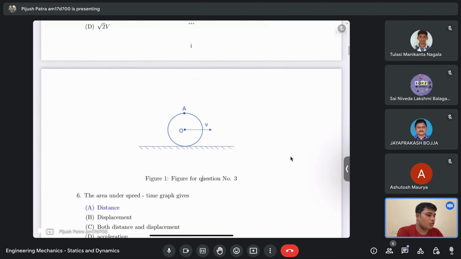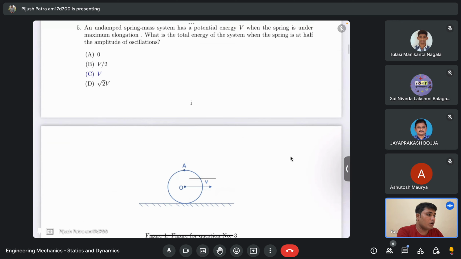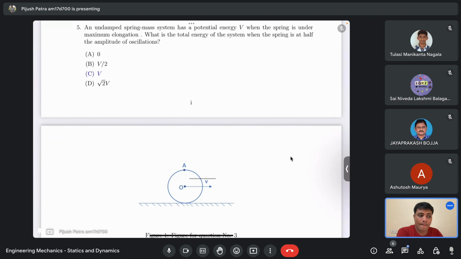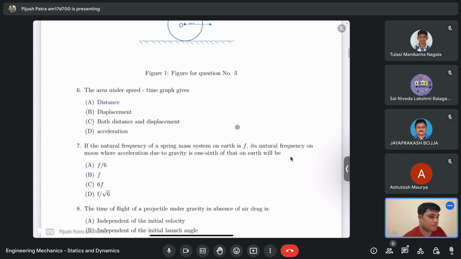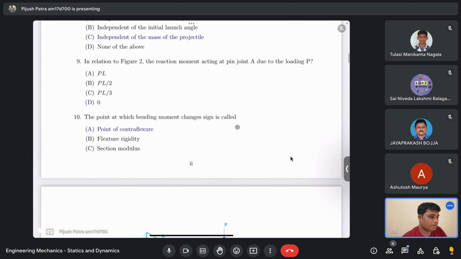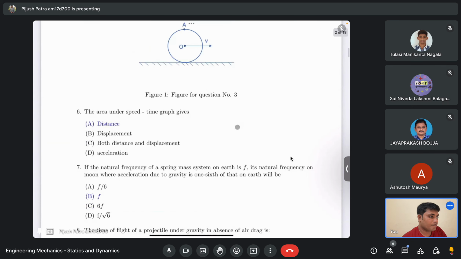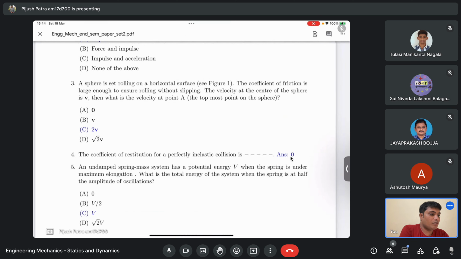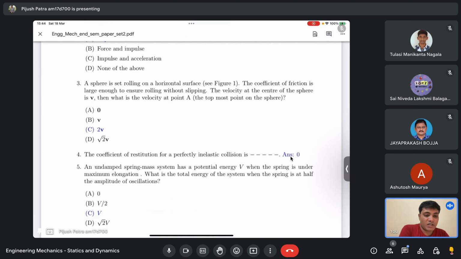Look at this figure very carefully. Are you able to see the screen, by the way? Yes, sir. So where is the problem? That is question number 3, and this question will be there in your end sem, by the way. So I am just giving you 1 mark free. It says that a